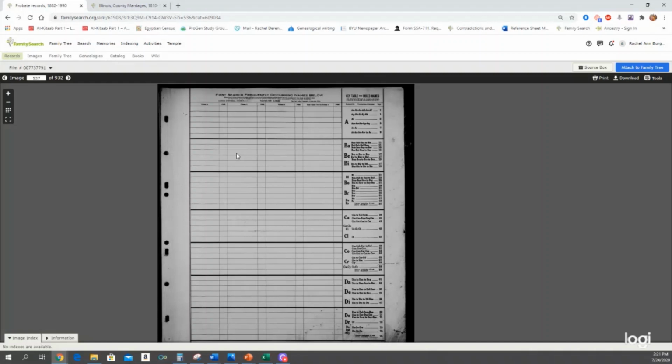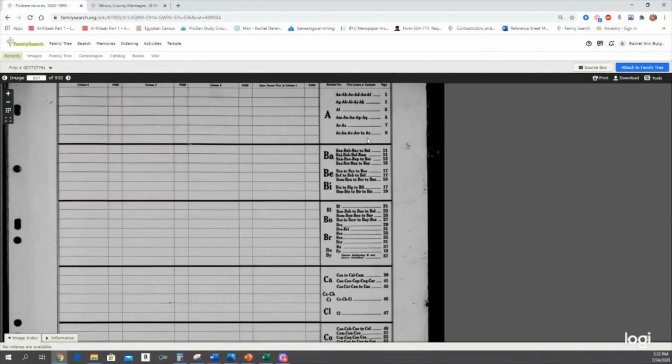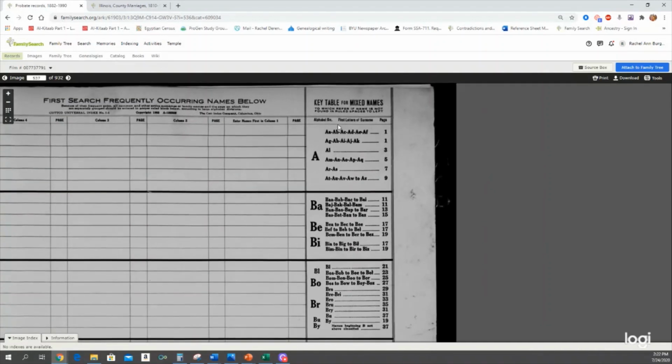And so you do want to, before you just start looking, I used to do that when I was a fresh researcher. I would just like, oh, it's an index, so it's alphabetical order. I can do this. But all indexes are not created equal. They're not created the same. And so the first thing that I recommend you do is you go to the very first page of the index and see if there's an index key, which is what you have right here. So if we zoom in on this, just to give you an idea, you can see here it says the first letter of a surname. So this is not their given name.